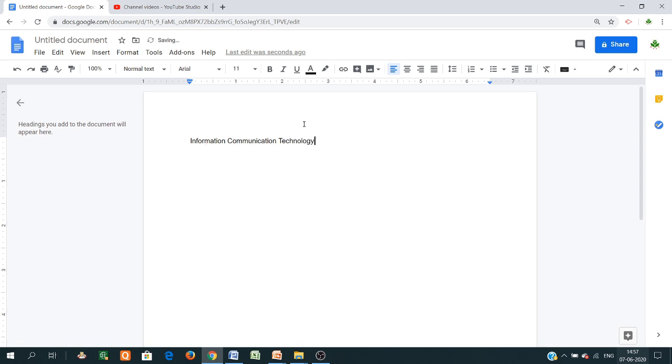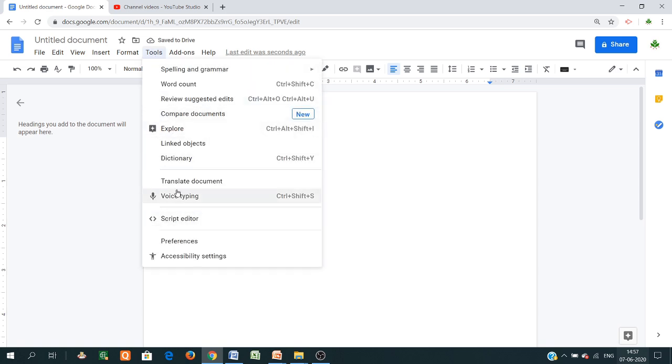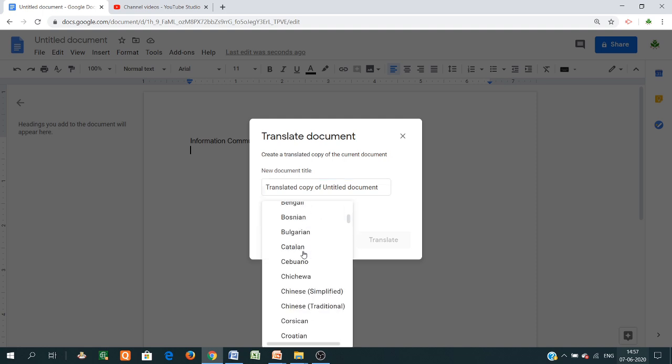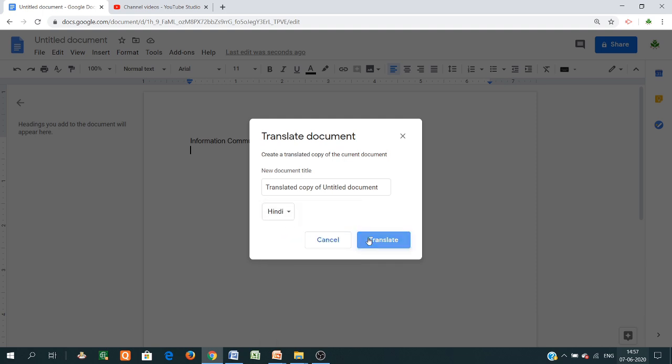Now this is in English. Suppose you want to change this in Hindi. This is useful for translation also. So just go in the tools, and there is an option called translate documents. So just click here, translate, and select the language. Suppose I am selecting Hindi. So there is an option of Hindi and translate.